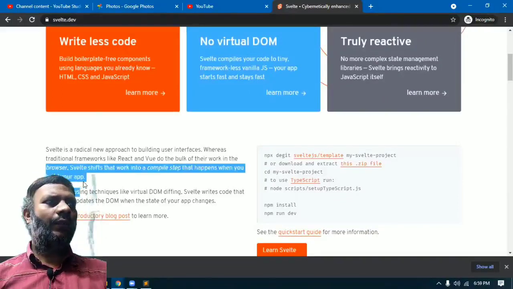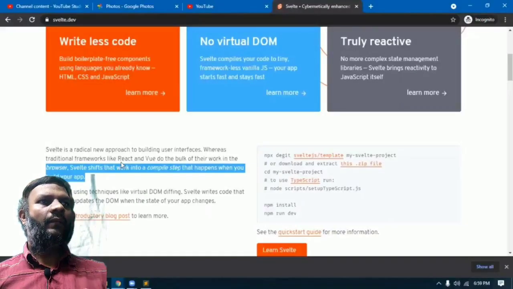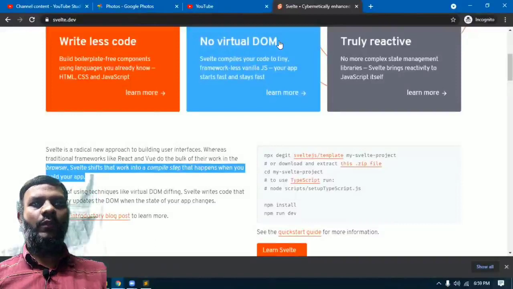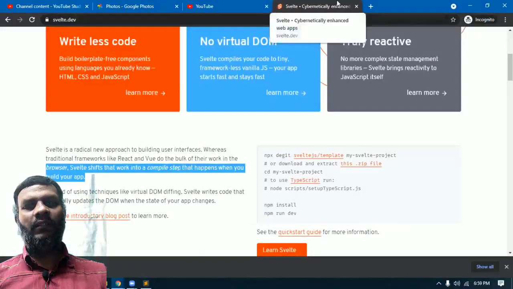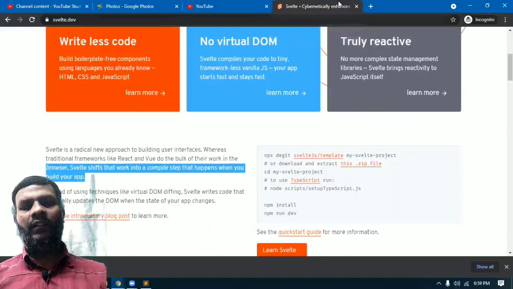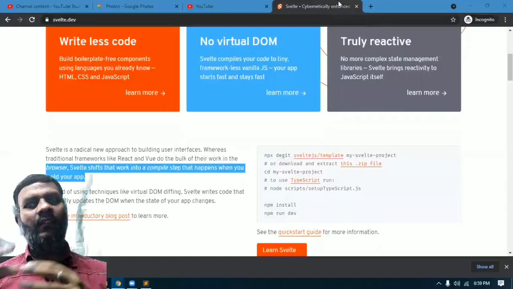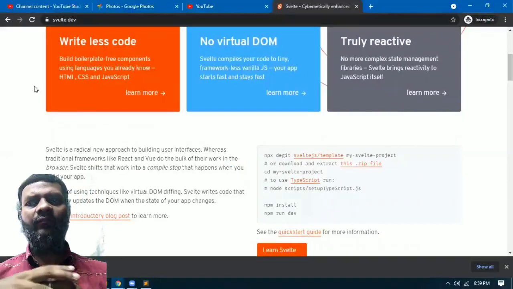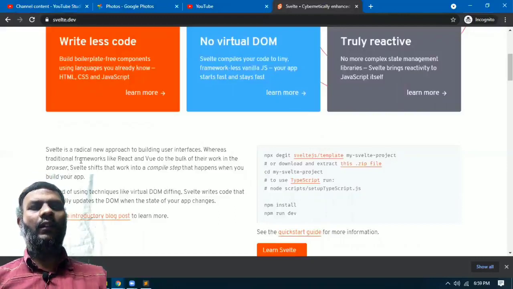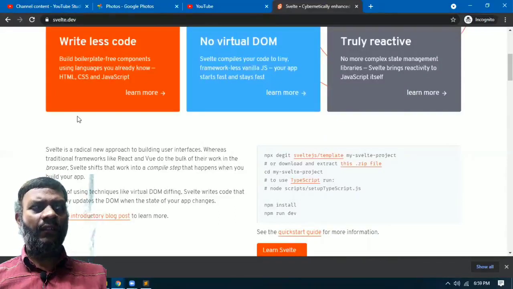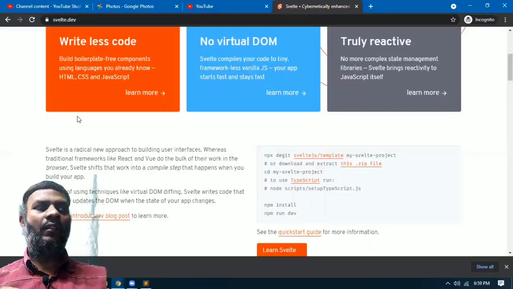Let's get started. If we go to their website, what they tell is it is DOM free, no virtual DOM. Usually how the application works is whenever we change a value, it is reactive, meaning the application is going to react and the corresponding DOMs will be changing in the HTML and the page will be re-rendered. But Svelte doesn't work that way. There's no virtual DOM, and during build time it is compiling to JavaScript, which is much faster than the other applications.